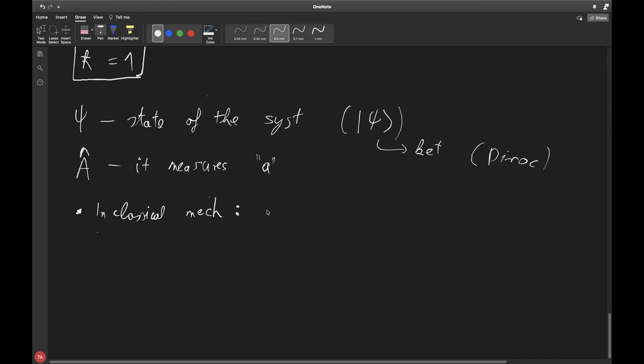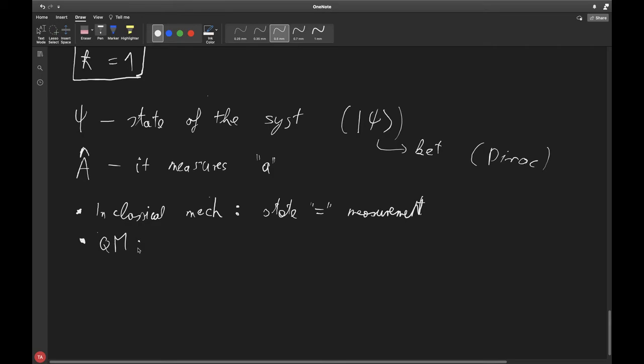In classical mechanics, the state is essentially the same as the measurement. In classical mechanics, this is true, but in quantum mechanics, which I believe is QM, this is not true at